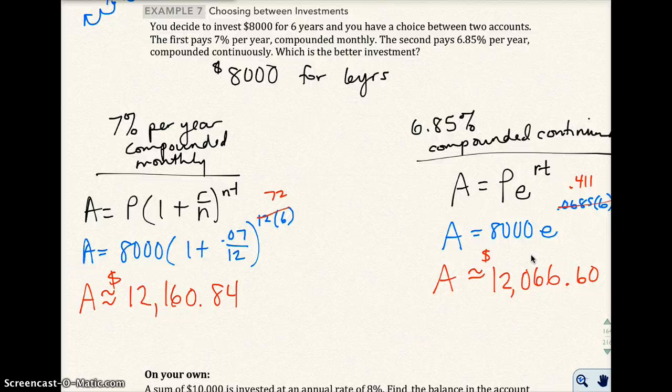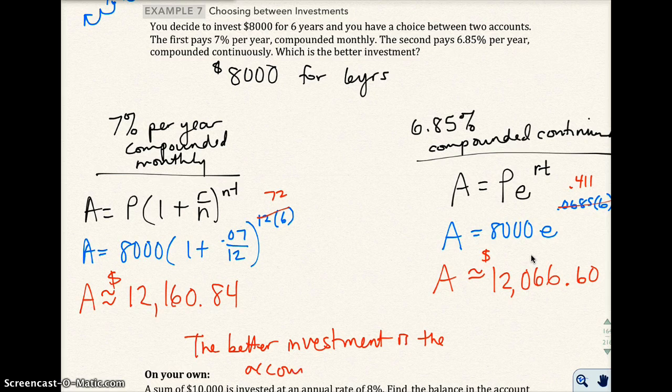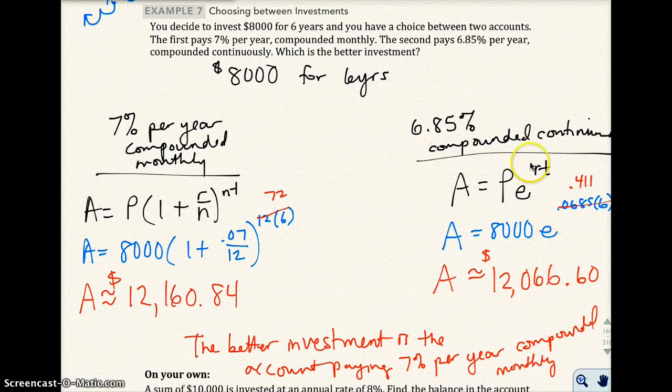So the better investment is the account paying 7% per year, compounded monthly. So again, I told you a second ago, or in the last part, that compounded continuously